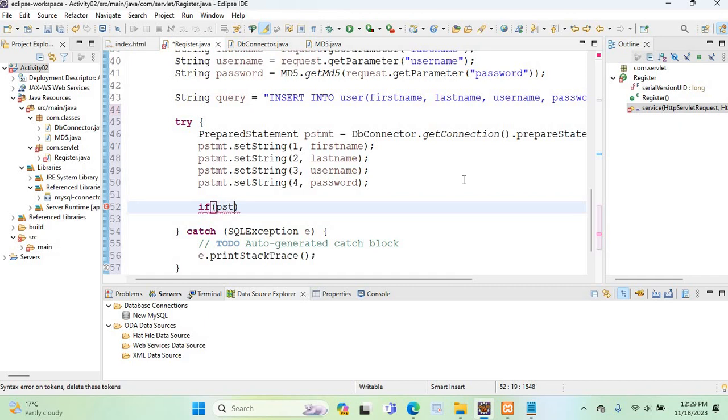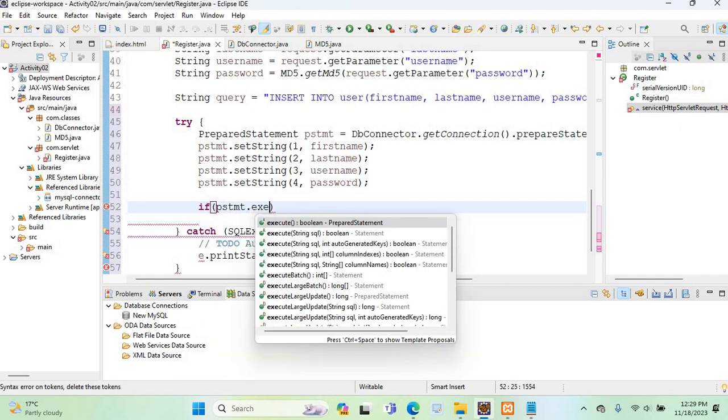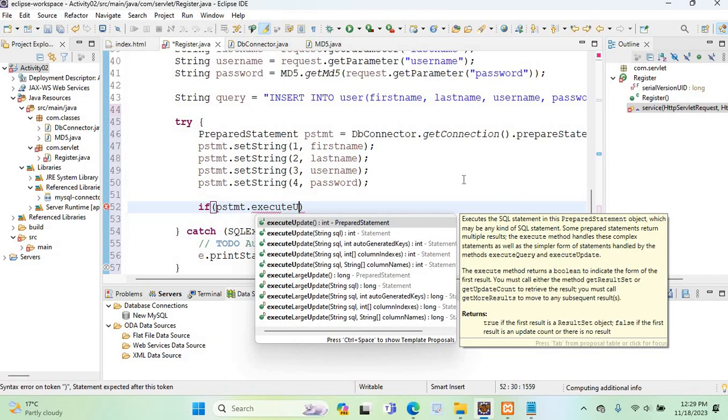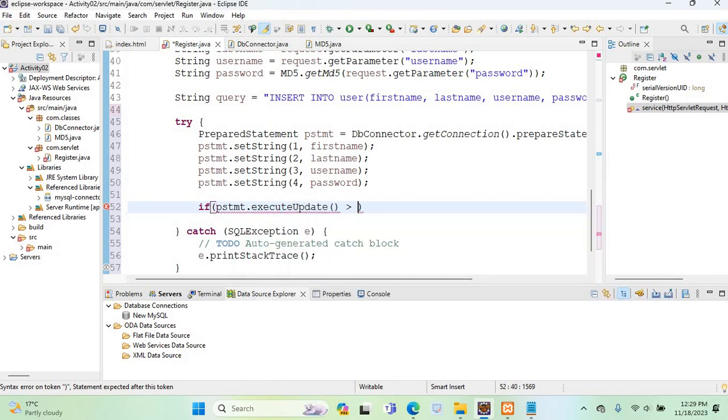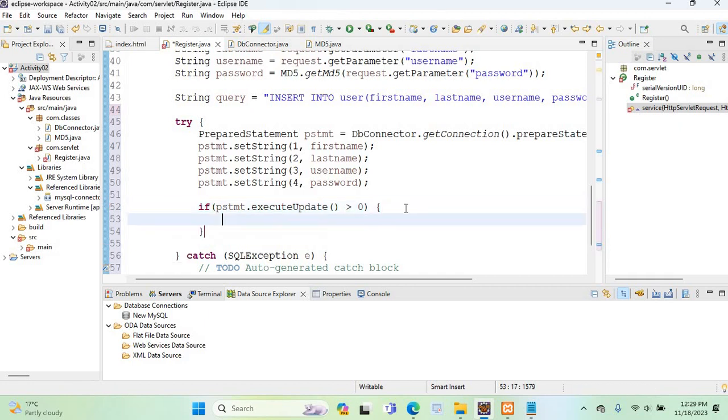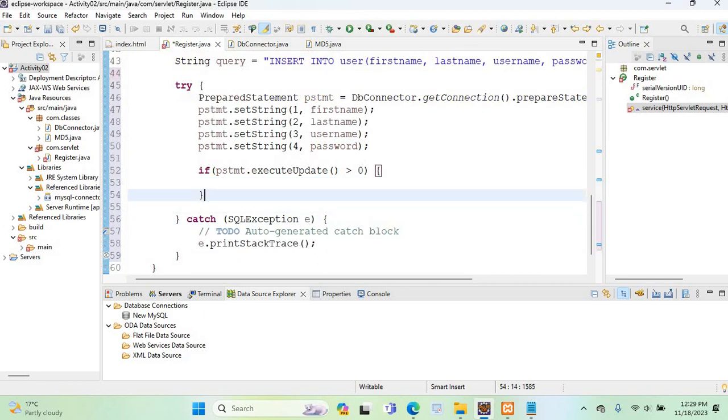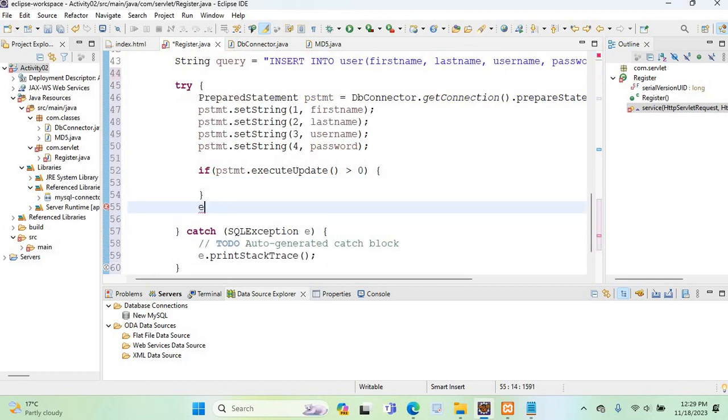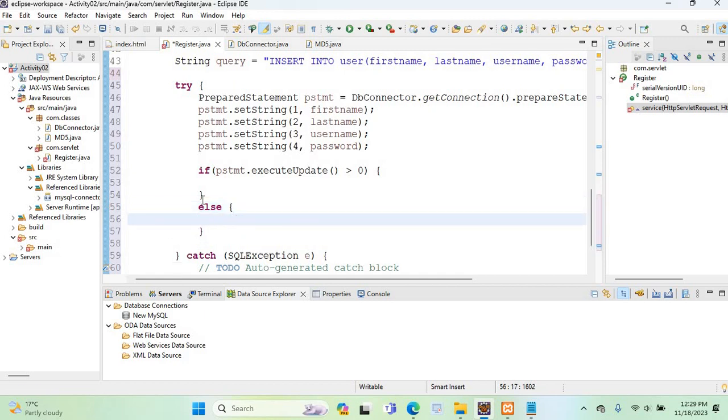So if pstmt dot executeUpdate is greater than 0, that means once we have executed this query, if you are getting a value greater than 0, we have actually updated something on the database. That means the number of rows affected is greater than 0. Then we are going to display a message to the user, out dot